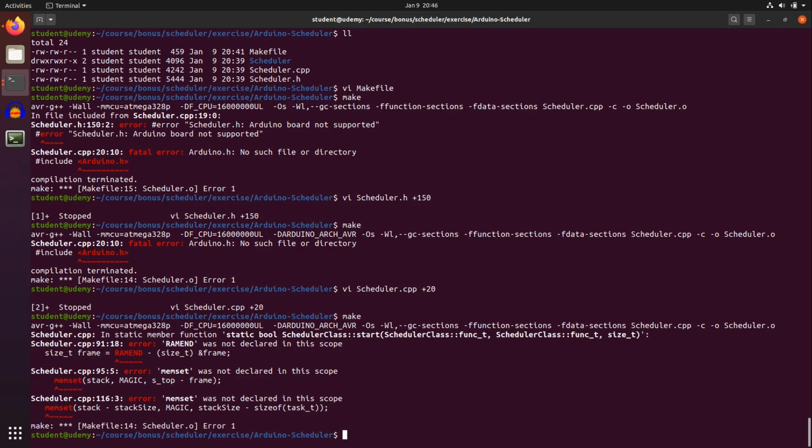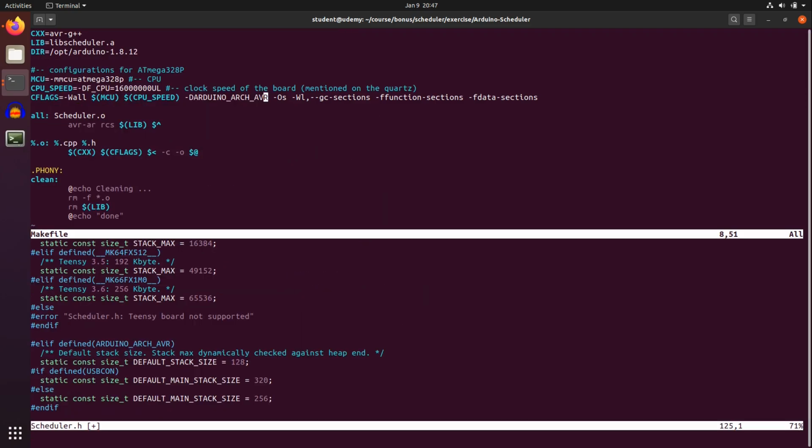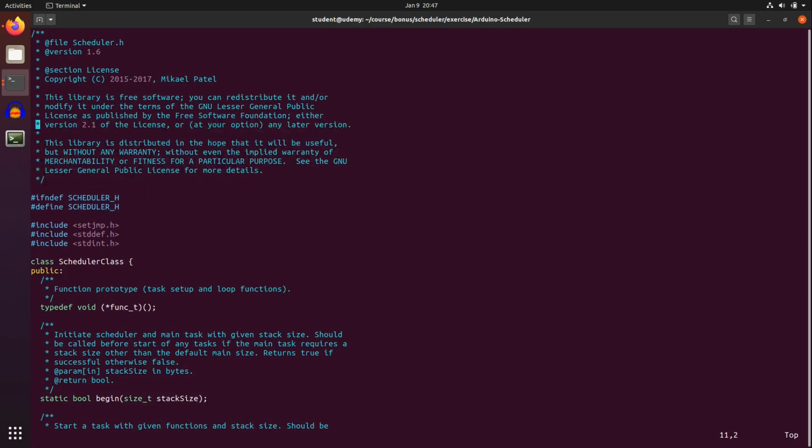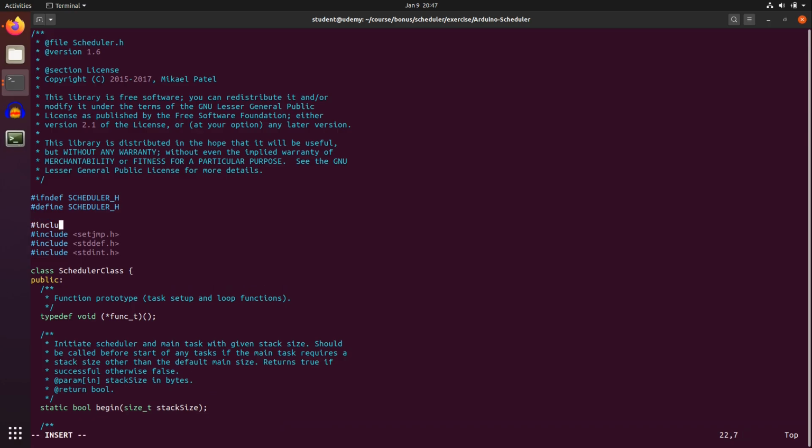Oh, there are just a few messages. RAM-end is not declared in the scope, so we have to find where RAM-end is. And memset, which is a standard function in the string library. Okay, let me go back to the header file that we had earlier. The makefile I don't need any longer. So what we do is we include the string.h for memset,